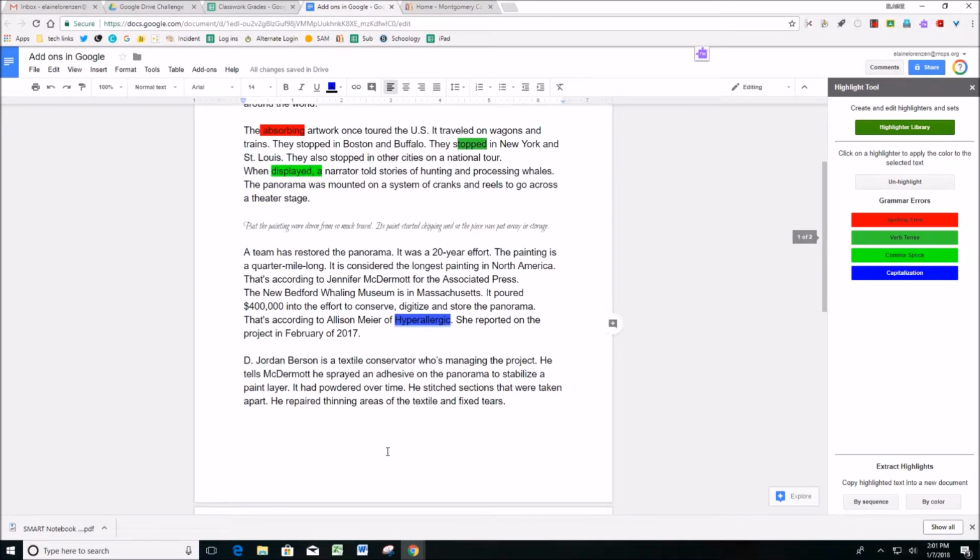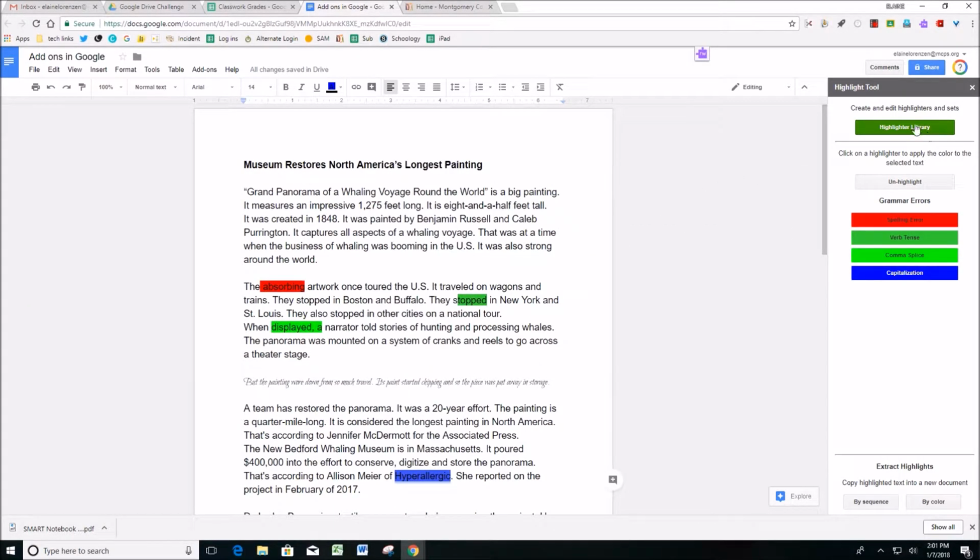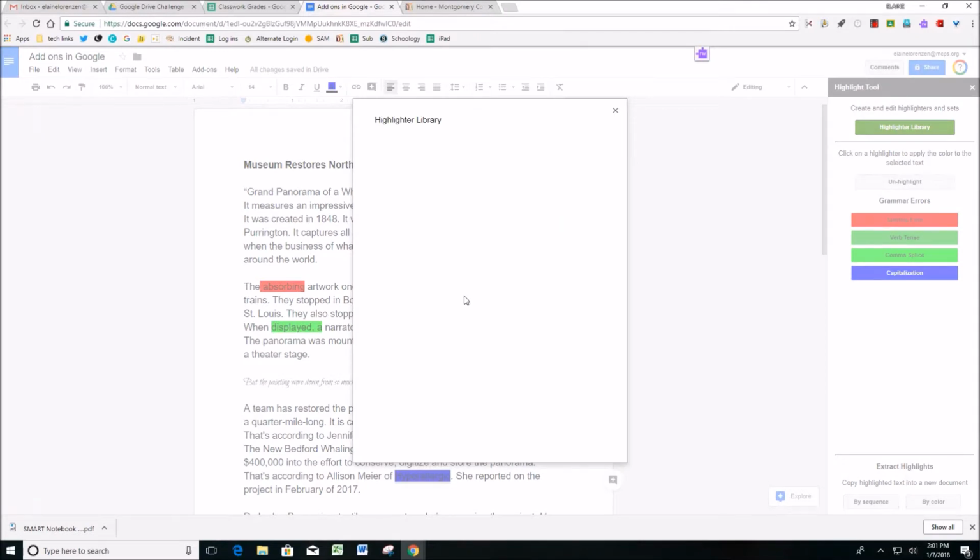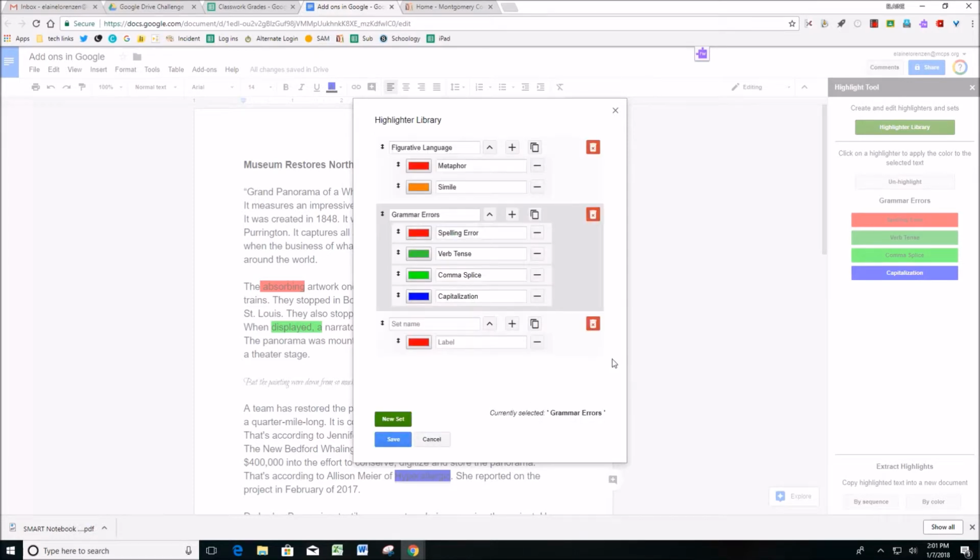So isn't that cool? So I created that in my highlighter library. So if you click on that, you can really assign any color to anything. And I mean, the possibilities are endless. This is not just for English teachers, but let's say I want to create a library like for fact and opinion. So if I call this set, I'm making a set. Okay, fact,